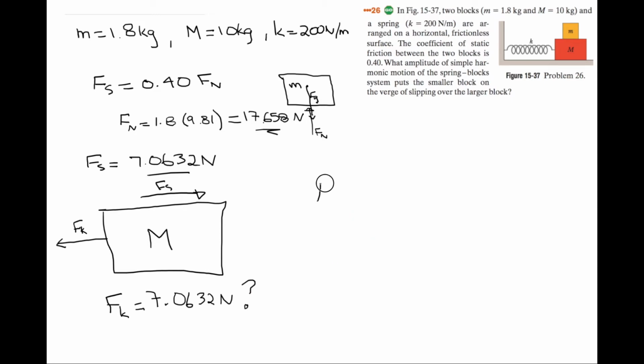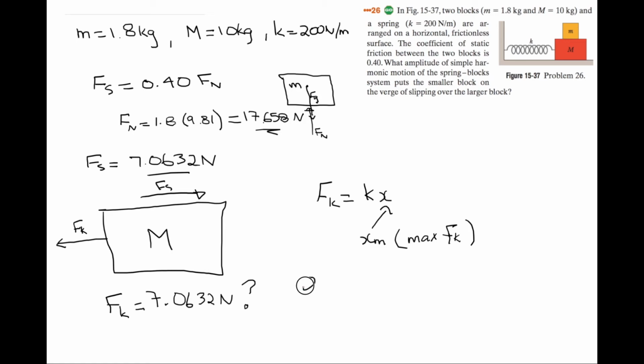We know Fk is equal to kx. The maximum spring force occurs at the amplitude, xm. If this is the maximum spring force that can occur before the top block slides,